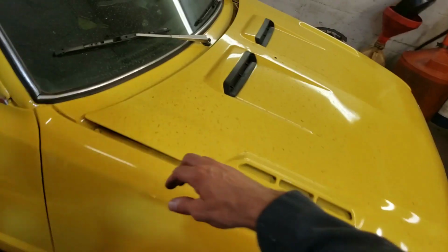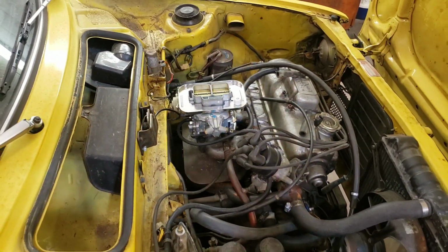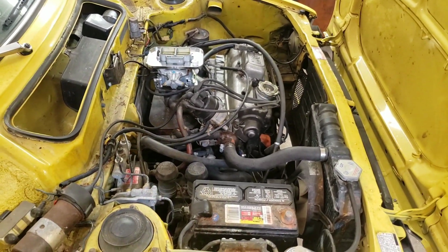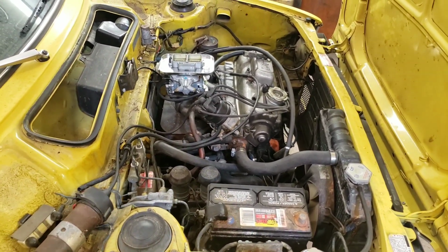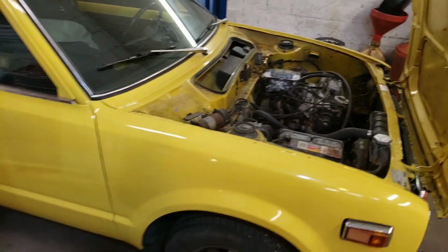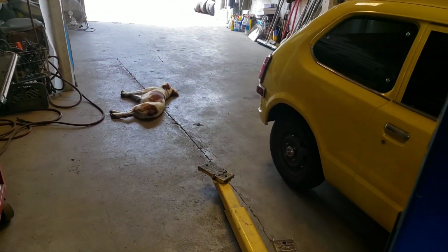Let's show you. We have a DGV carburetor on there. He wants to make it run good. I put electronic ignition on it, and then found out that it's got a blown head gasket, the water's been seeping into cylinder number 4. So this is a project that I'll probably start a little later, but we've got a project out back that